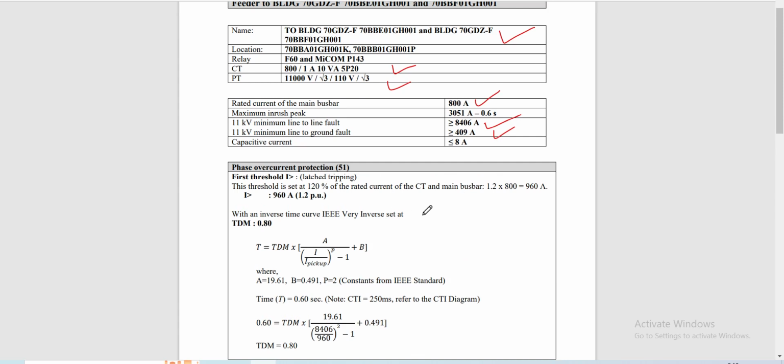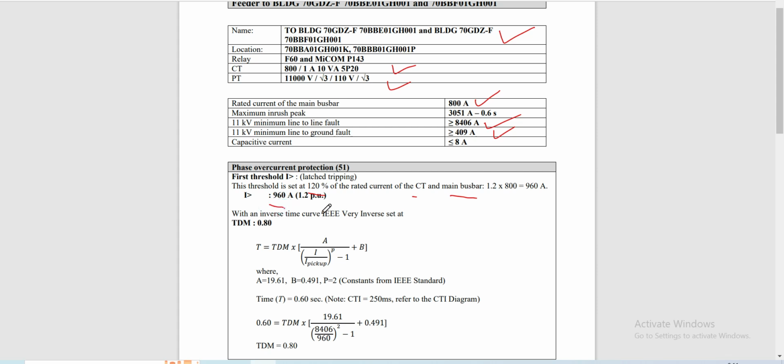On our first threshold, it is calculated to be set at 120% for the CT or for the main bus bar. So 120% times 800, that's why we have our first threshold current pickup here to be 960 ampere, or 1.2